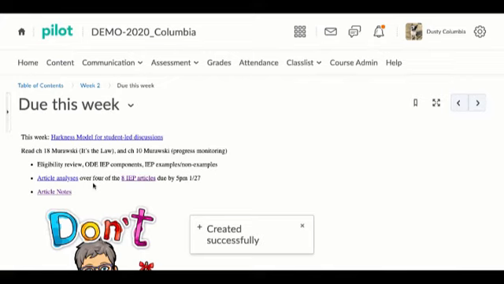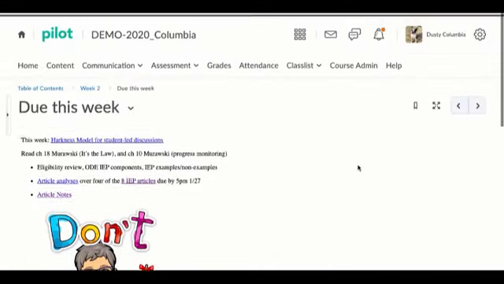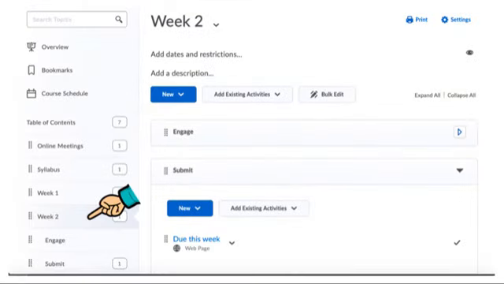And it's going to show it to us on the new content in that actual page. So let's go back though and look what it looks like from week 2. There on the left, you can see that's where we are. And then it's been added in the Submit folder for Due This Week. If you click on that,